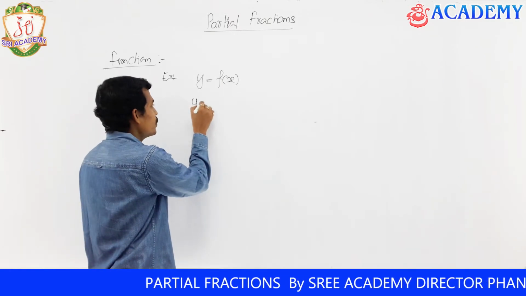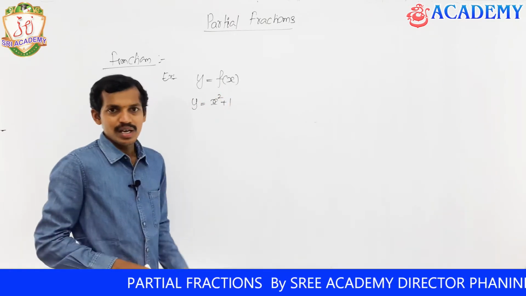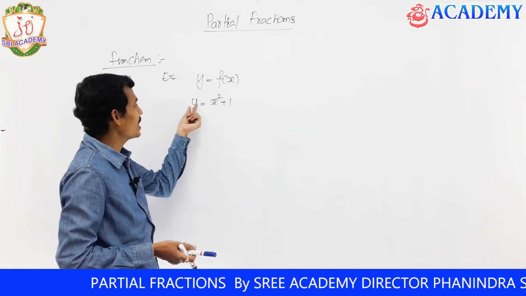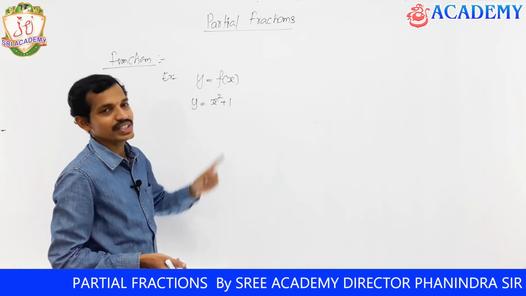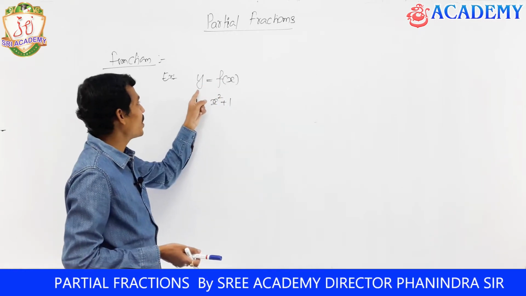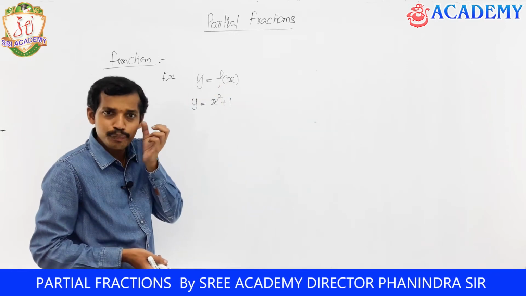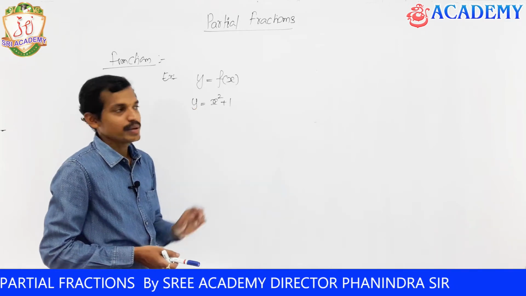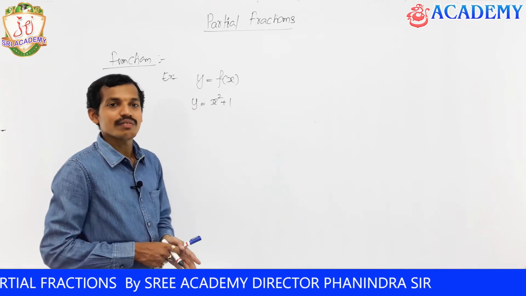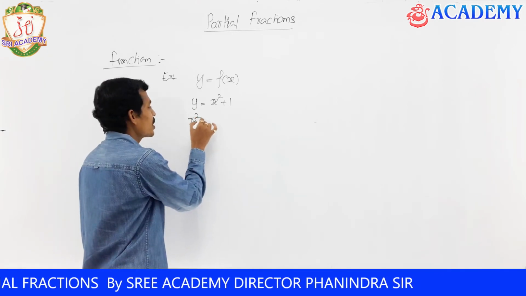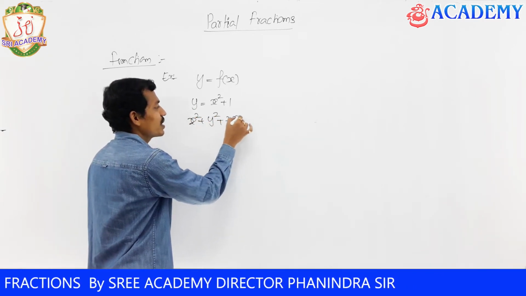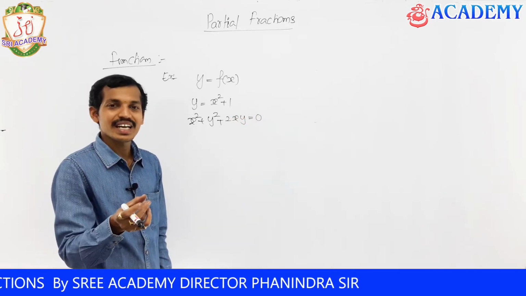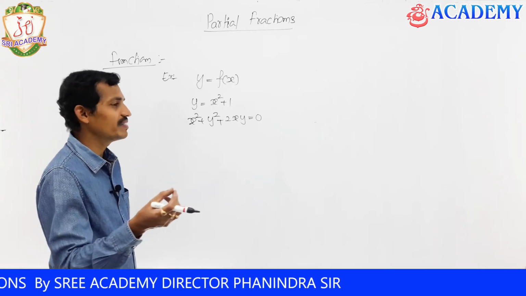See, y equal to x square plus 1. By giving values to the x, you will get y. Indirectly, the relation between y and x, we are representing with f. That is, we will read y is function of x. Whatever the expression in terms of x is there, that's giving the relation to the y. We can write one more also, x square plus y square plus 2xy equal to 0. Like that, we are going to have a number of functions. That is indirectly going to give a relation.